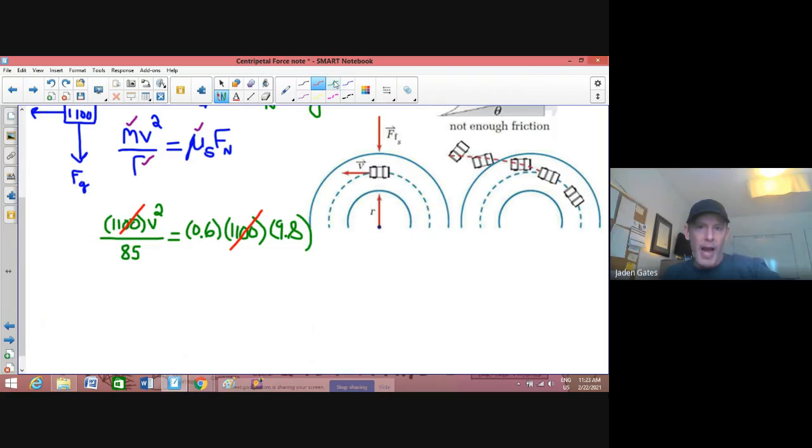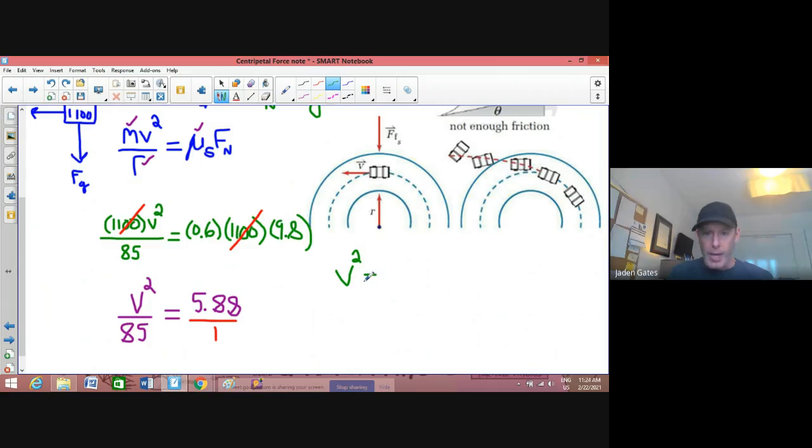So I'm going to simplify this. I got v squared divided by 85 is equal to 0.6 times 9.8. Let's figure that out: 0.6 times 9.8, I get 5.88. Again, I've said this many times: I got a number equaling a fraction, so I create a fraction equaling a fraction. Now I got 1 times v squared, which is just v squared, and then 5.88 times 85, which is 499.8. And of course, I'm going to square root both sides to find our maximum velocity,